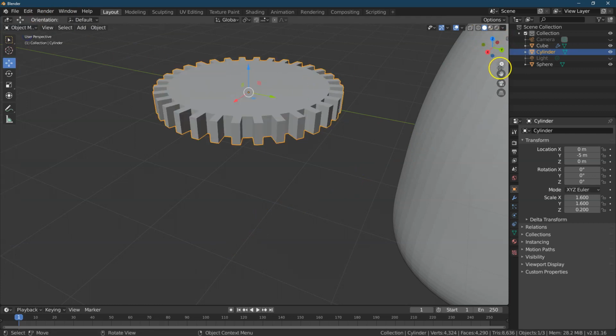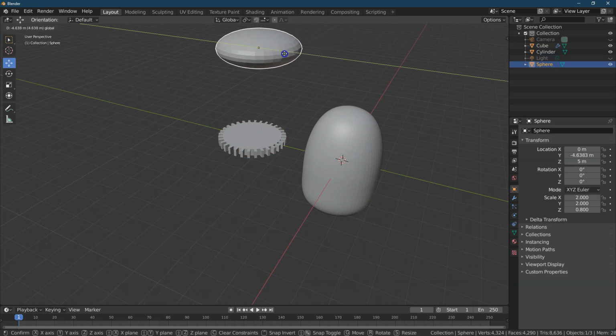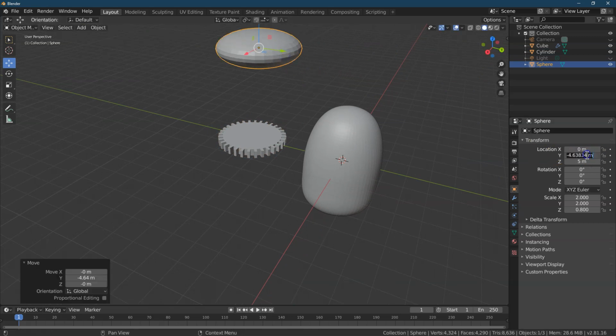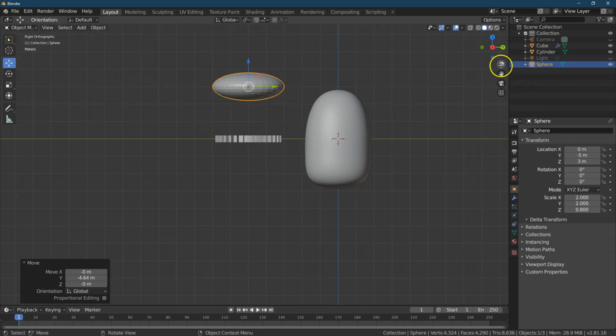And I'm going to zoom out. We have the head to put together. First, we're going to edit this though. So let's put this at, I don't know, -5. And then Z, let's put it at 3, just to kind of get it in the same spot. I'm going to click on this,